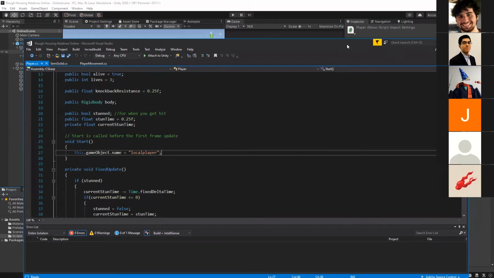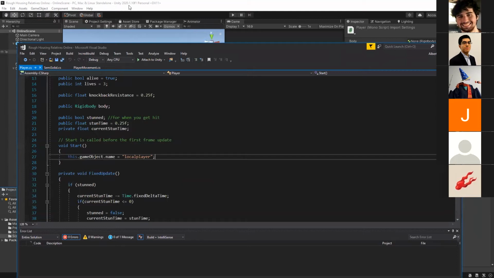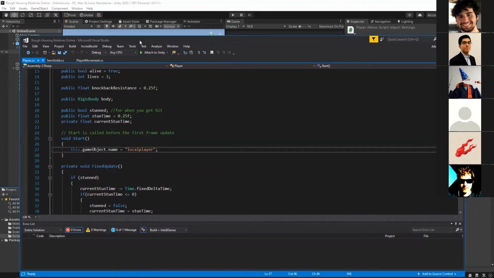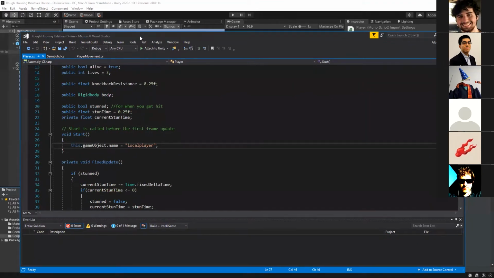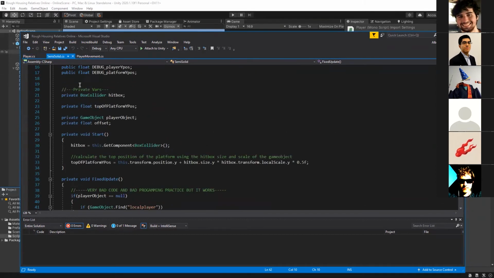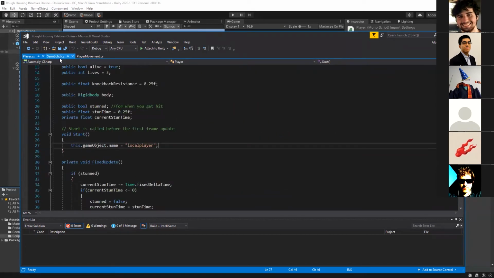Interesting. What version of Unity are you guys using? Mine is 2020.2.6f1. I'm using 2020.1.10 and I'm not having this issue. Could it be that your Unity version is too new? That's weird. That's what it seems like. That's such a weird error, though. It might have something to do with an Awake or a Start being called before another one, and so Unity gets all mad at it. But does changing it to local player manually solve the issues?